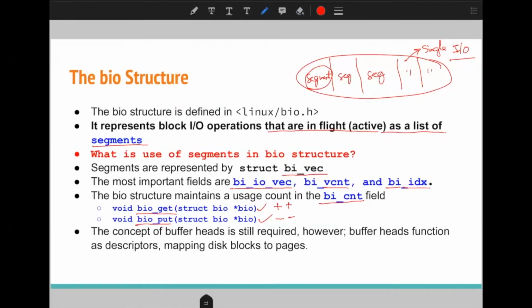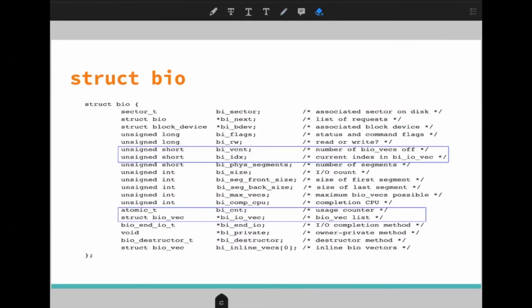When we have this new bio structure, that doesn't mean that we don't need the buffer head structure. The buffer head structure is still required, but it only tells the mapping between the disk block and the memory pages.